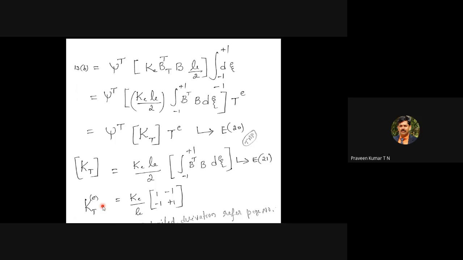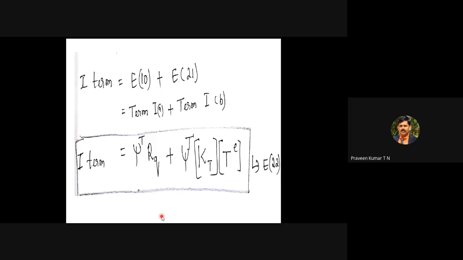The derivation is there on the last page; we can refer to that, as yesterday was already spent on it. I am not going for the detailed derivation today, but in general, you remember the integration from -1 to +1, or you can derive it also, no problem. Finally, we end with the thermal conductivity matrix given by Ke by Le [1 -1; -1 1]. You can multiply by AE also, but most of the time we consider AE equal to 1 meter square.